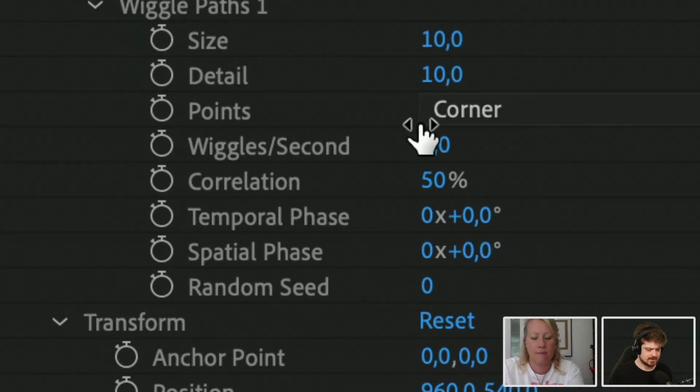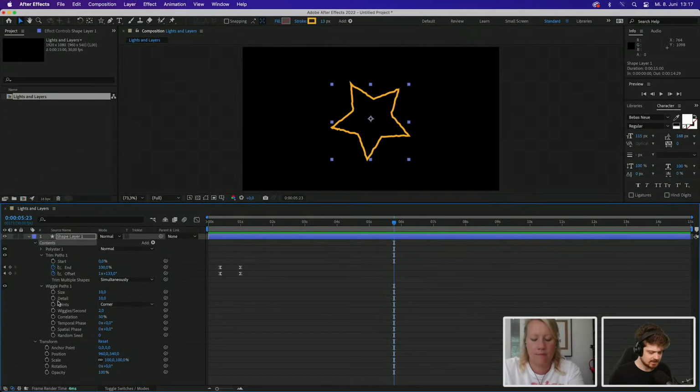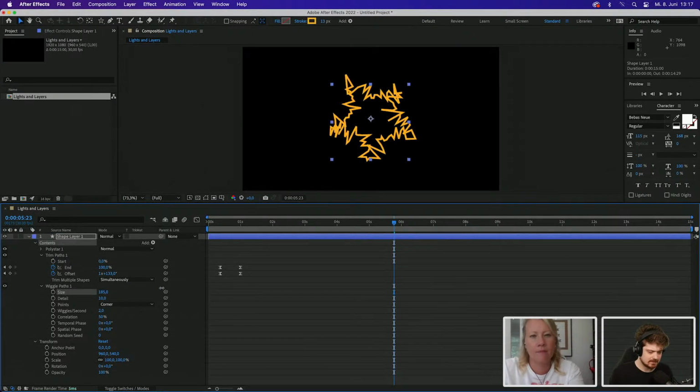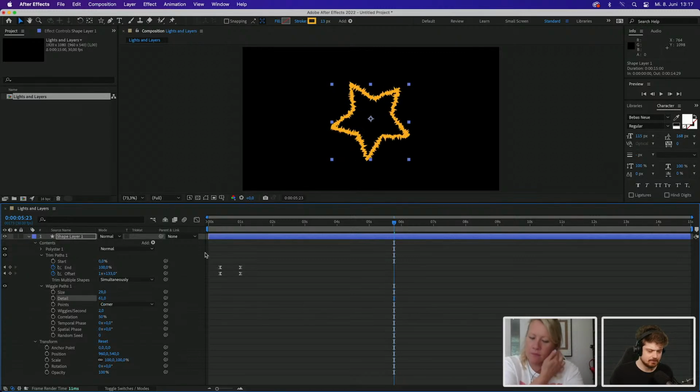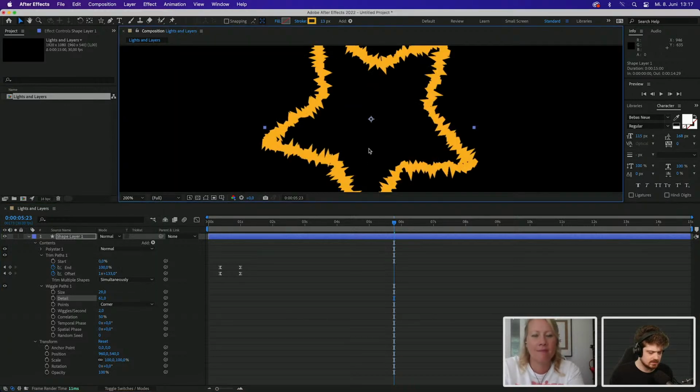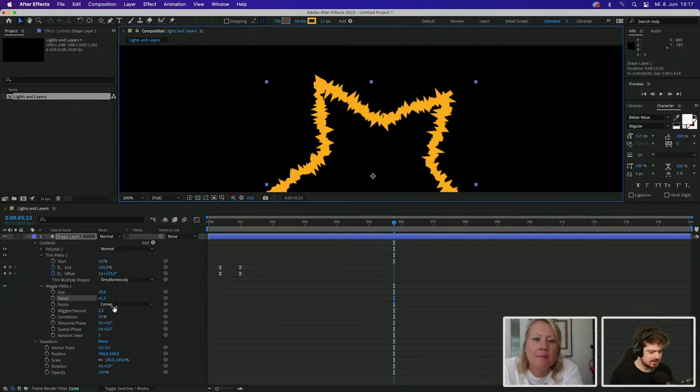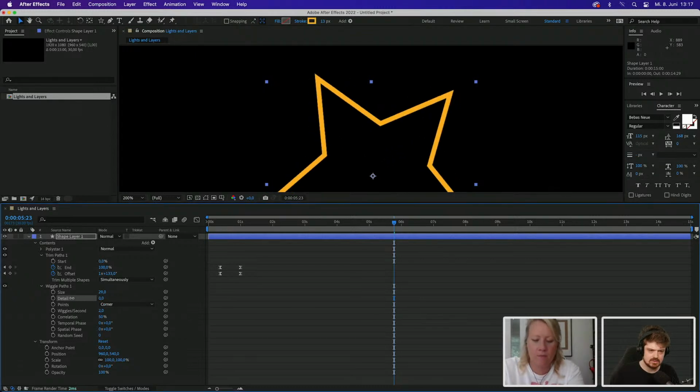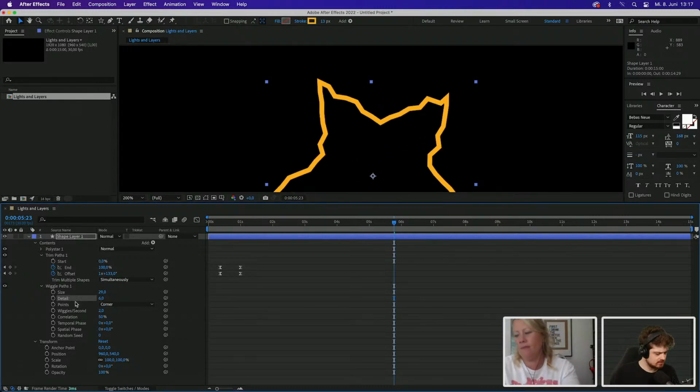We can change the size of the wiggle. Let's just zoom out so we can see what's going on. So the size, I think you will see what that's doing. We can change the detail if we want really fuzzy detail. Maybe we can zoom in like this so we can actually see that. So like a lot or very few detail. We can change how the corners are supposed to behave. We can change how many wiggles per second, because if we animate this,